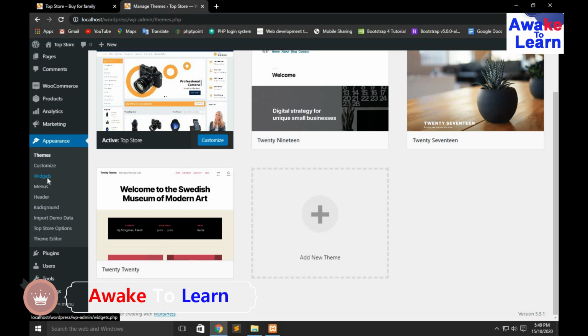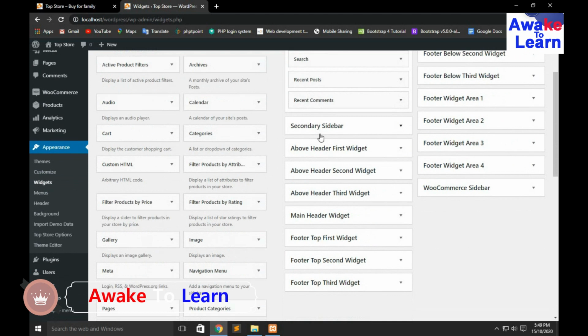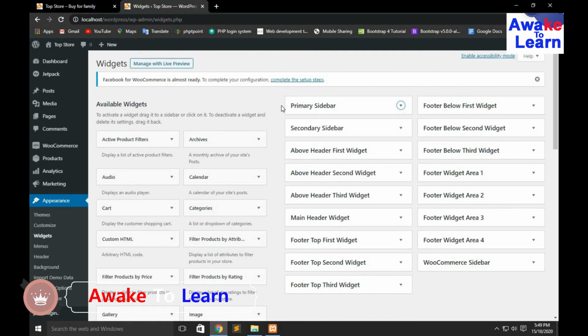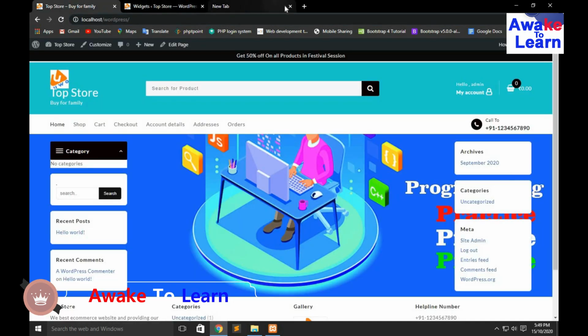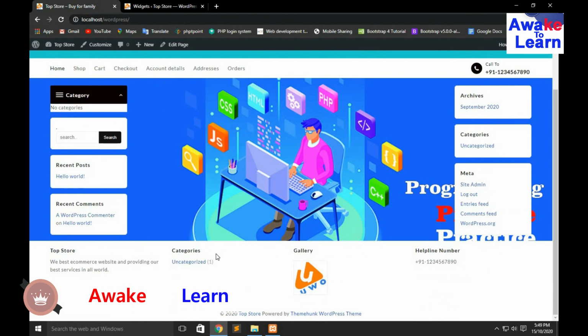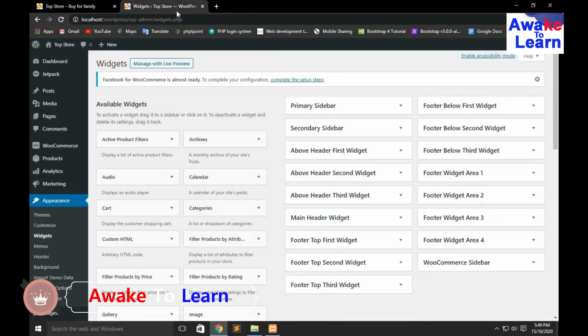Next, the third one is the widget section. This is our page structure, and this shows how many widgets are included. First of all, this is the footer. We have 4 footers in our page: the first, second, third and fourth. This is the WordPress sidebar, and this is the footer top first widget.